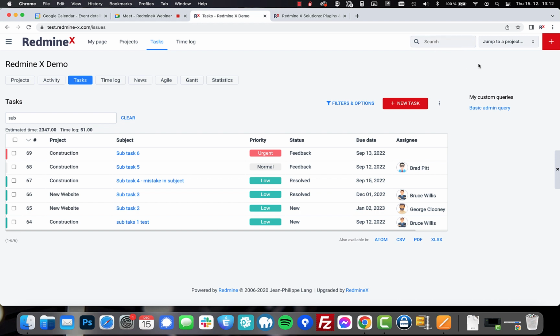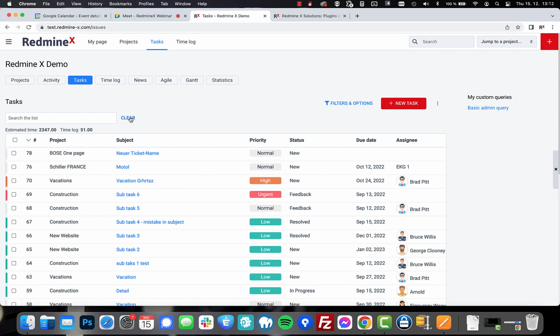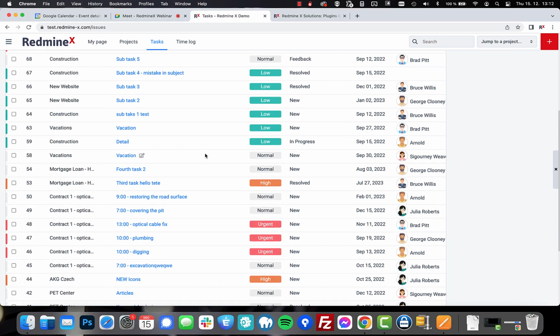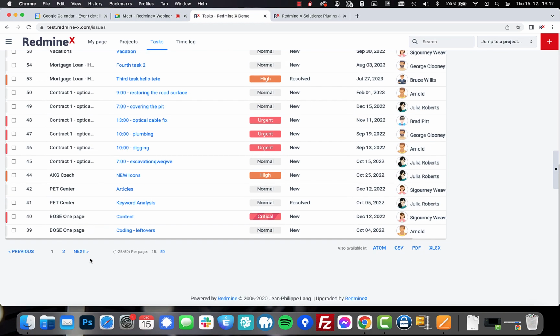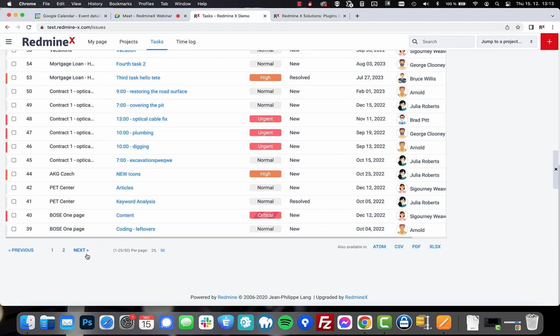But again, if you have a lot of data, you will need to sort through that data in order to get a result. Yeah, that's the search feature. There's a clear button. So anything you want to search, it doesn't have to be on the page. It searches the whole